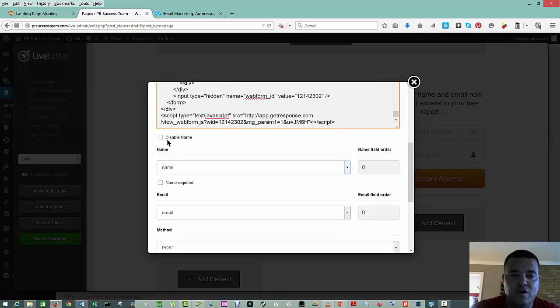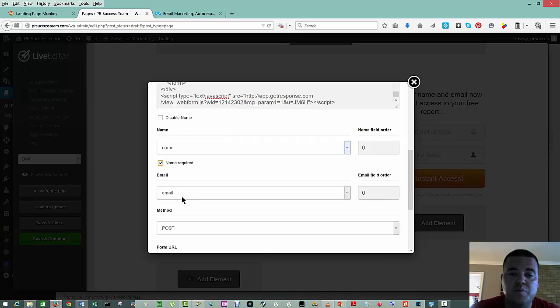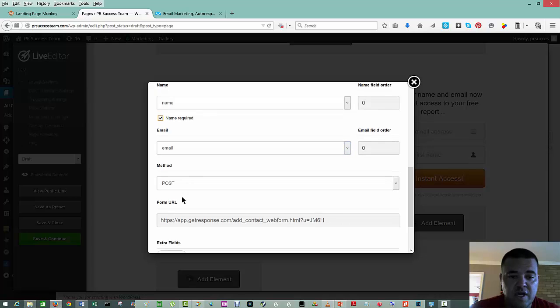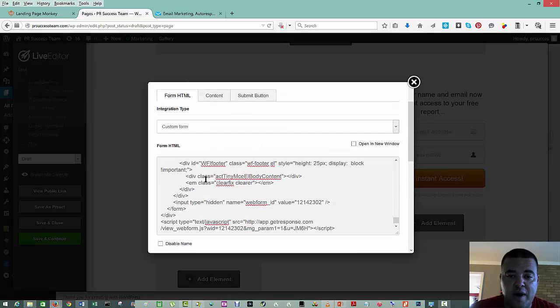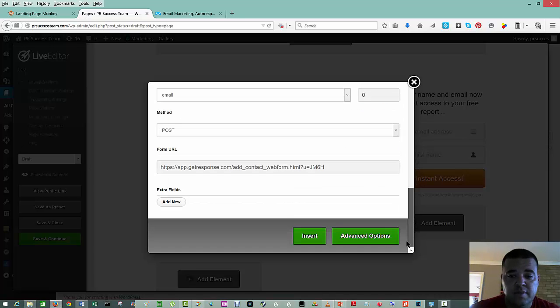Then you can keep the name field if you want the lead to enter their name, but it's not required, or you can make it a requirement, right? At least this is with Optimize Press. But the email will always be a requirement. So then once you've entered your code in this box right here, all you got to do is scroll to the bottom, hit insert,